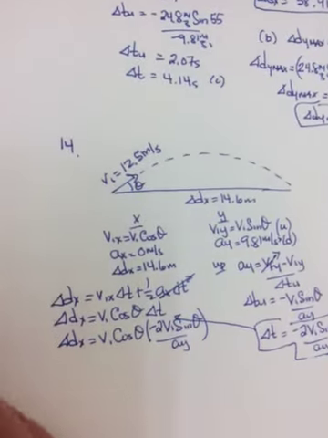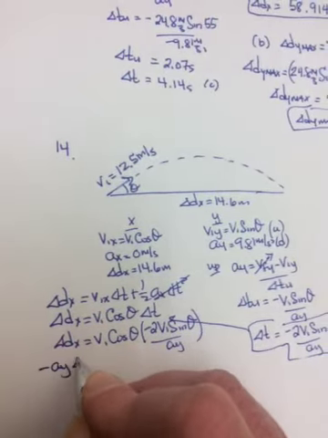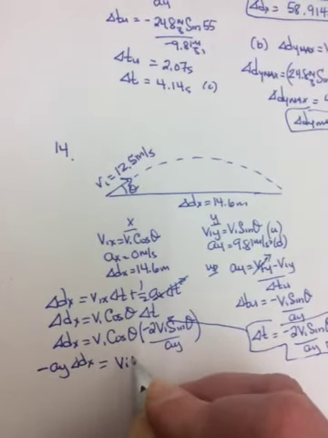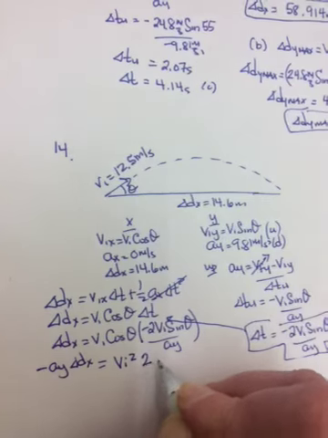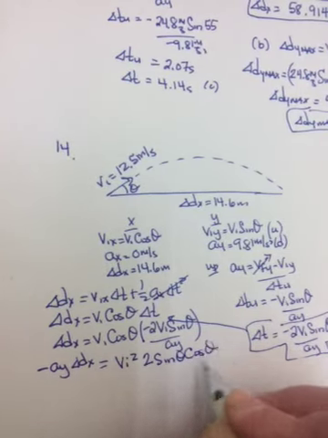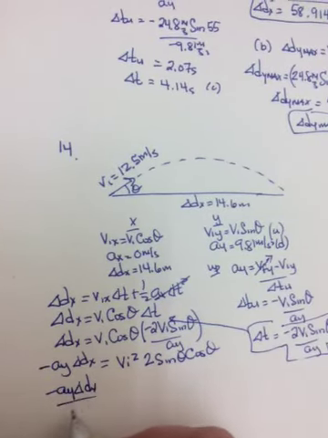Okay, and so now I need to rearrange. I can bring my negative and my Ay over here. And Vi and Vi together will be Vi squared. And then I'll have 2 sine theta cos theta. So if I divide by the Vi squared,